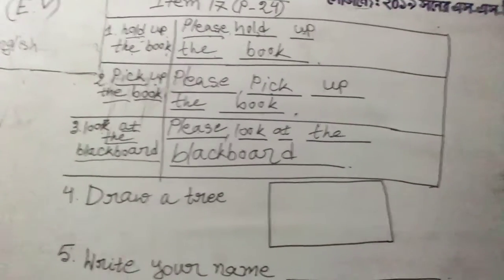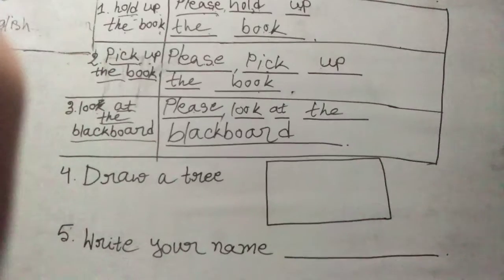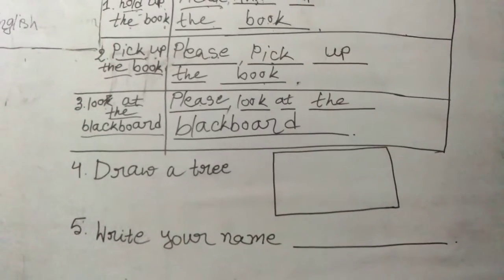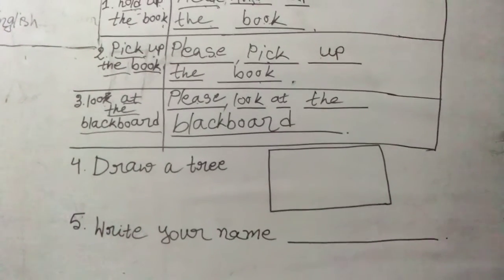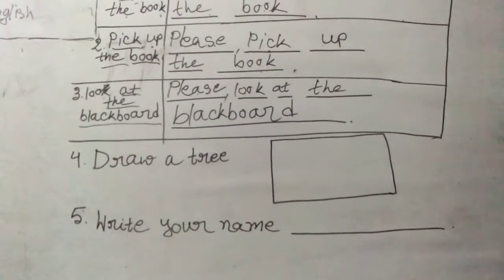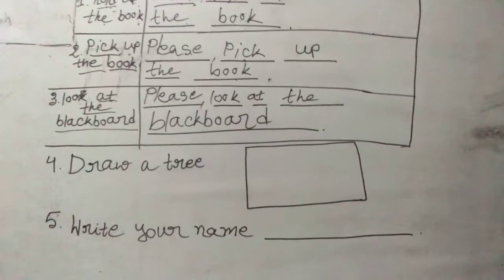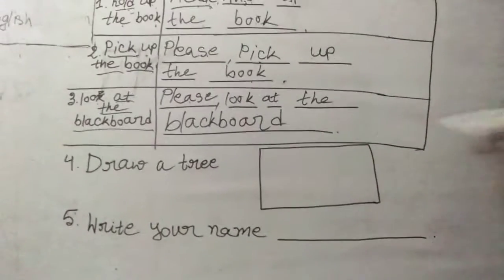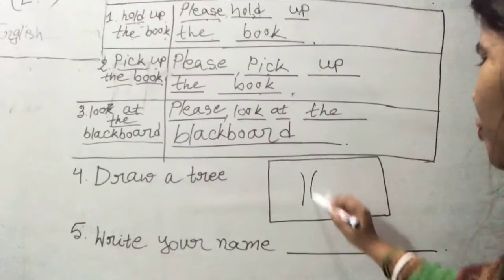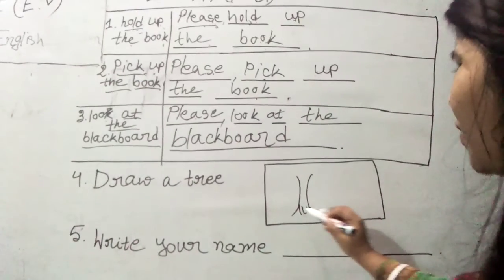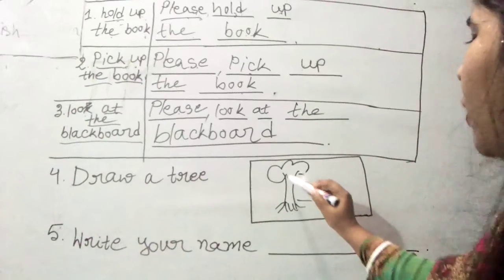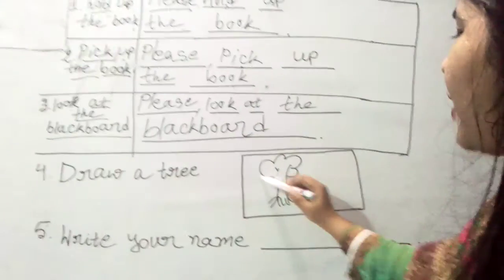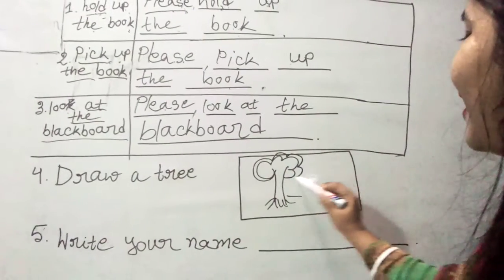Now number four, here's a command: draw a tree. See, it's a very easy one for you, as you draw very well. I know you all are very good artists, I can see. So draw a tree means here you have to draw the picture of a tree. Miss is not good at drawing at all, okay? This is a tree for me. I just tried